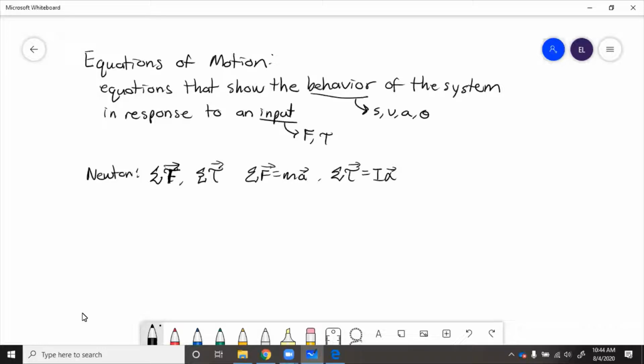Now, there's a different method that is related to energy, and that was invented by a guy named Lagrange. So that kind of looks like d/dt of dL/dq dot minus dL/dq equals force or torque. So force, if q is a position variable,